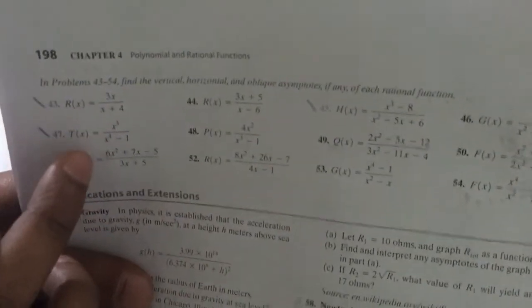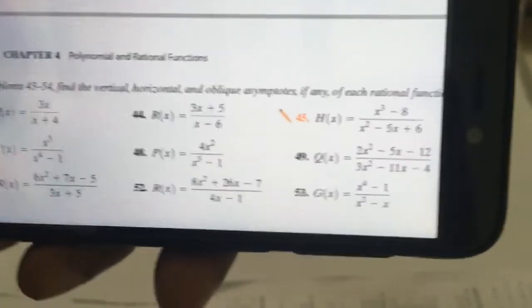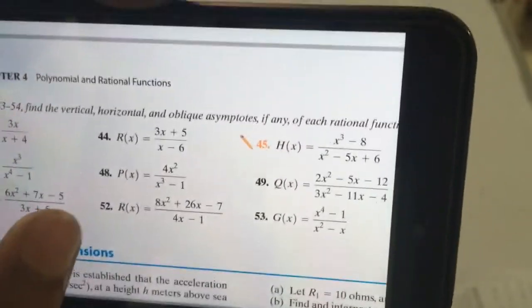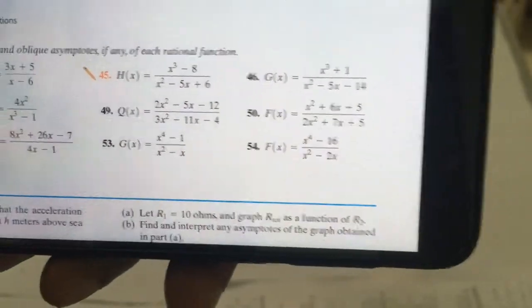Questions. Can you see this type of question? The other questions, if you want to see it more clearly, so this is the section, this and this. So this is the section. So I have just, we'll try to solve. Let me try first 43 number. 43 number question is